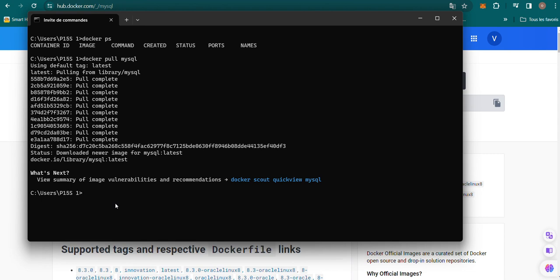In order to run a container of MySQL, we need to launch the command docker run, with a --name here to specify the name of the container, which will be mysql-con. And also another thing, which is -d, which indicates that the container will be run in the background. And